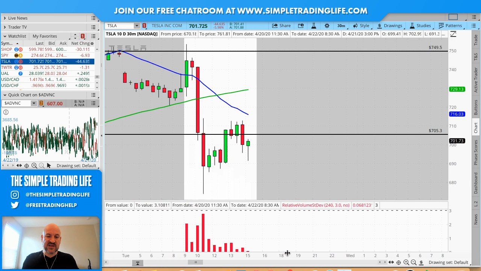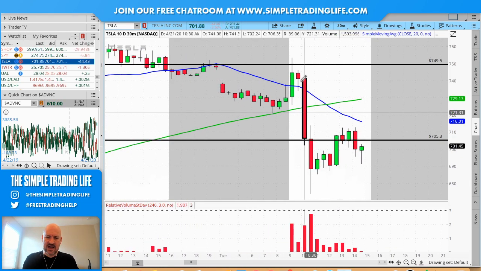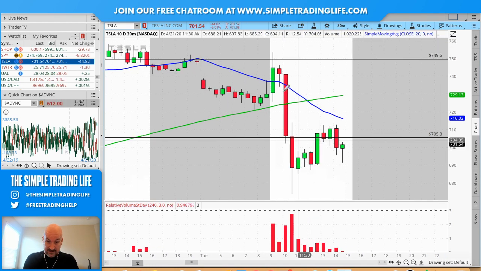Because this is how I know a lot of people are full of it when they say, "Oh yeah, I caught this whole move and it was really easy." Okay, see this here, you come down. What does this wick mean here? It means we bounced, right? So we bounced back up here. Now we're above a support level.